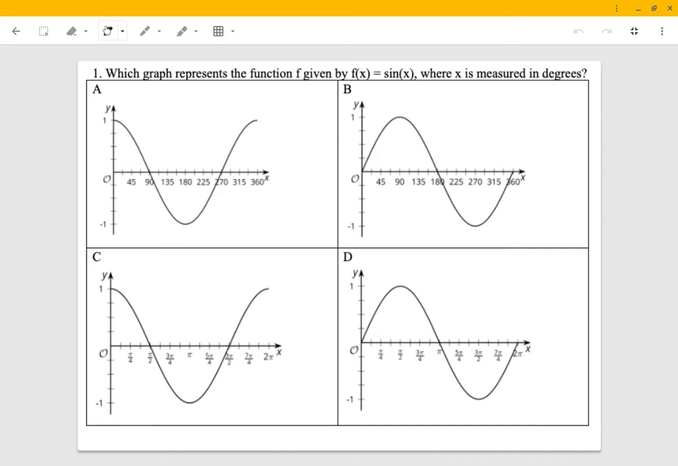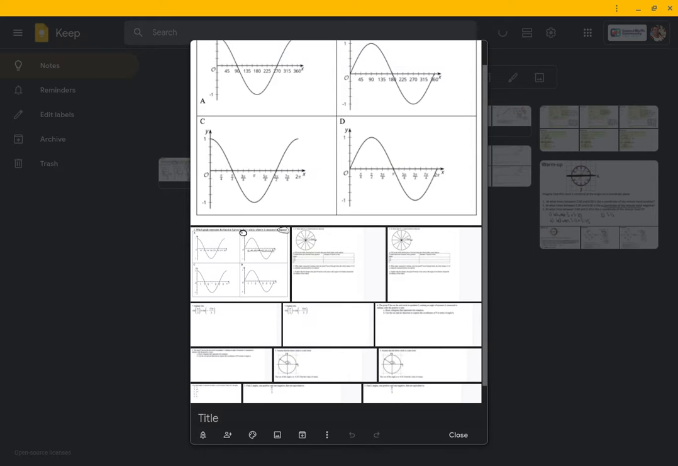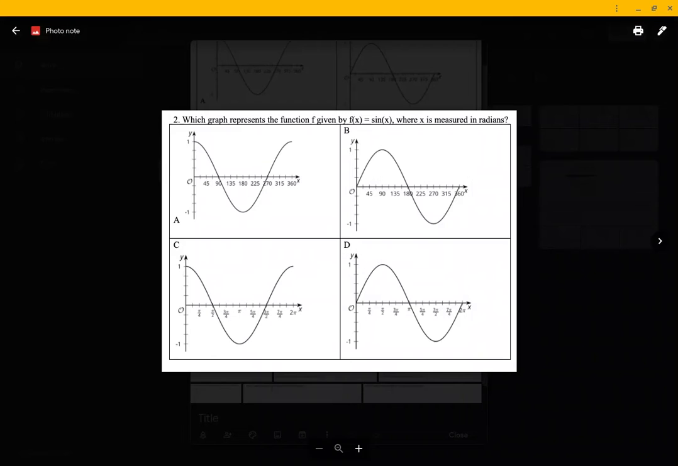The question is, which one of these is in degrees? Because it says x is measured in degrees. In this case, B has an x-axis in degrees, so B is the answer to number 1. Okay. Whereas in number 2,